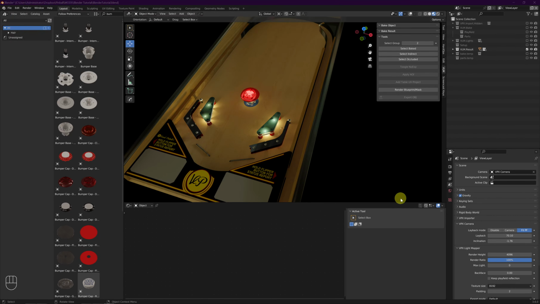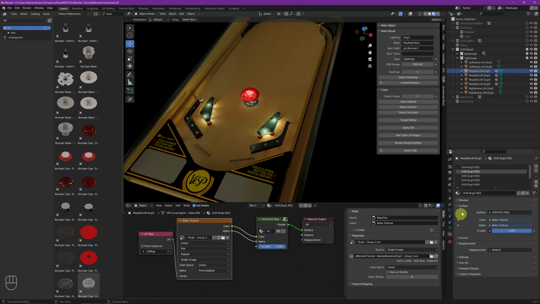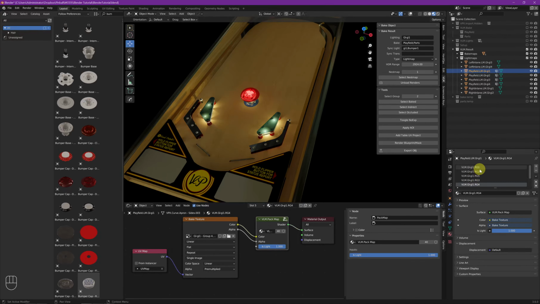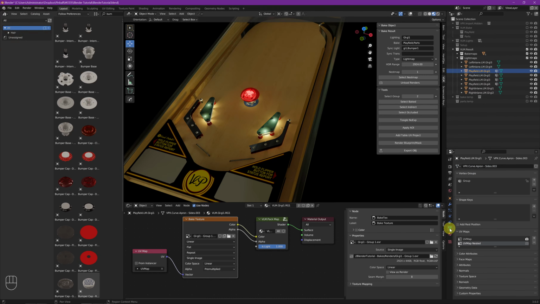If you were like me, you're wondering where did the, like if I have one of these VLM result meshes selected and I go to their materials, there's 5 different materials with 5 different images for each of the render groups, render group 0, 1, 2, 3, 4, 5. Oh yeah, 5 render groups. And I'm like, well, where are the nest maps? Because the nest maps have a lot of different images in them. And if you go to the meshes here, you can see this UV map called UV map nested. So there is nest map data in these outputted